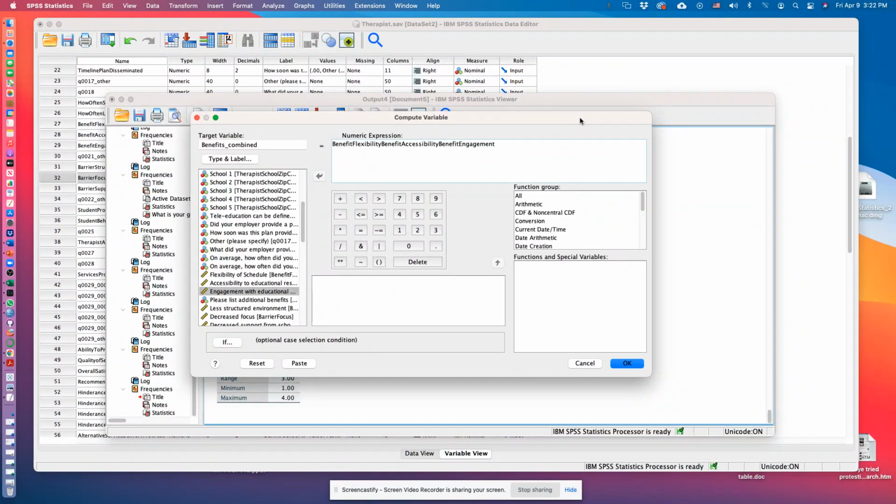So each of the categories had a number associated with it, and technically it's an ordinal variable, but here we're going to treat it as a quantitative variable. So we're going to find the sum. So you type sum there, and then you put everything in parentheses, and you have to add commas. So we're going to add up all the different rankings, essentially, that each participant gave for the different